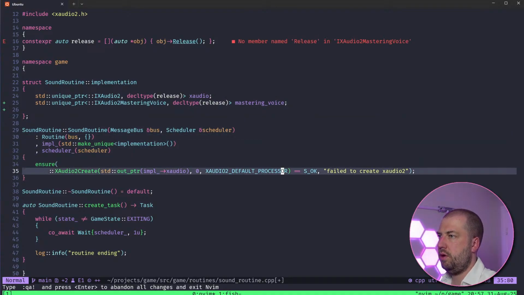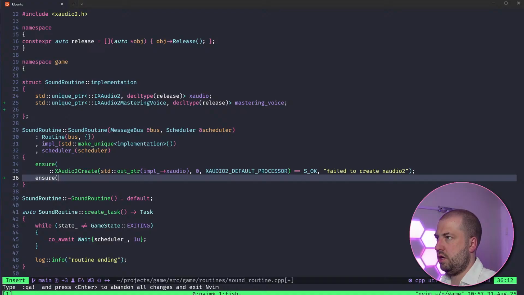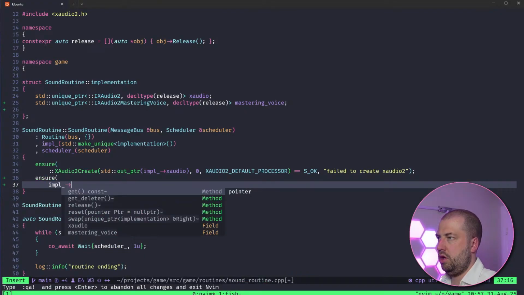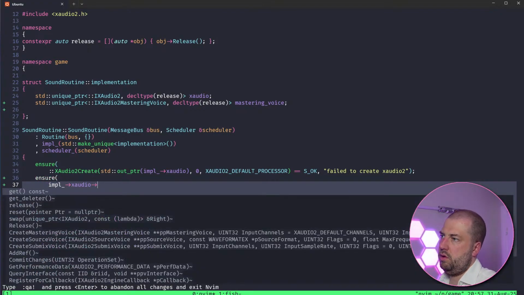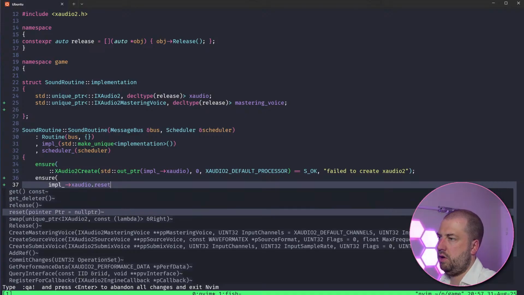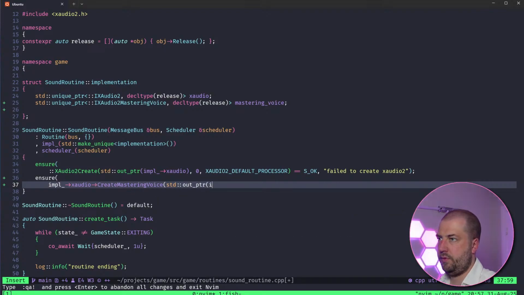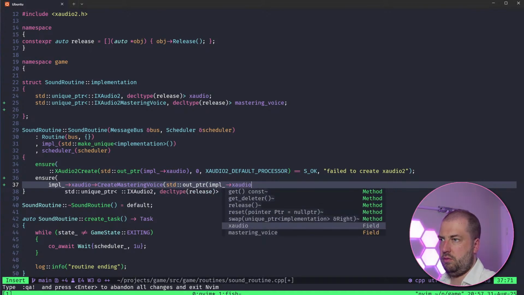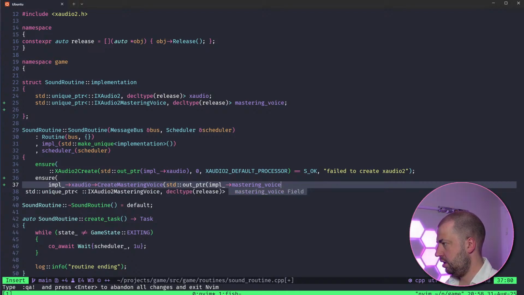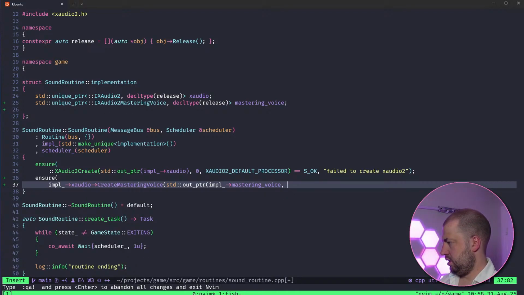And then from here, we will ensure that the impl XAudio create mastering voice, std out pointer, impl mastering voice, and then I'll have one of these, and one of these. And then I'll definitely have a 0 for the flags.